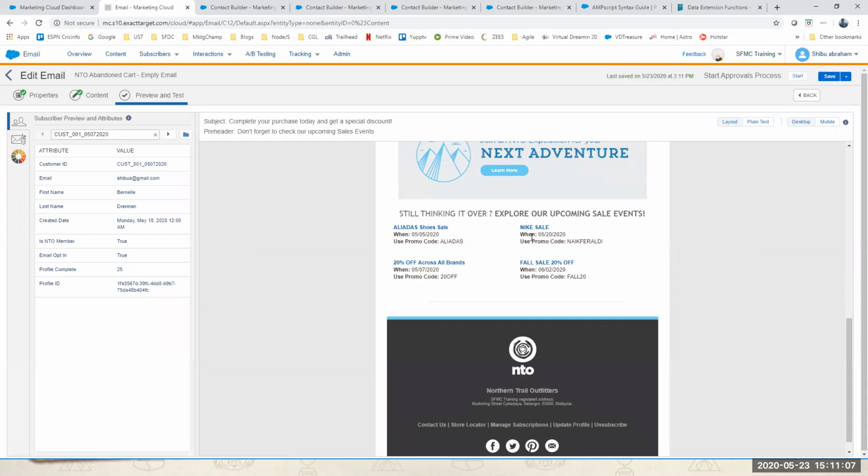See, automatically it comes up. I didn't even have to do any coding because it has already been coded. That AMP script has already been coded and kept in that particular content block. So keeping it stored in content blocks with the code is fine, as long as it has nothing to do with the specific subscriber. It should not depend on different data extensions that always go to a specific data extension to get a value. Otherwise, you can keep using it from your content block and bring that in. Okay, quite useful.